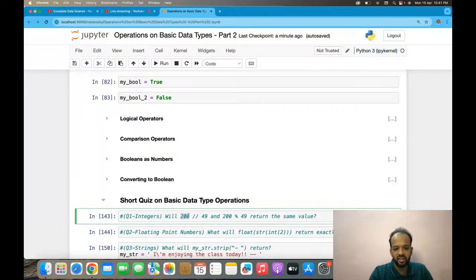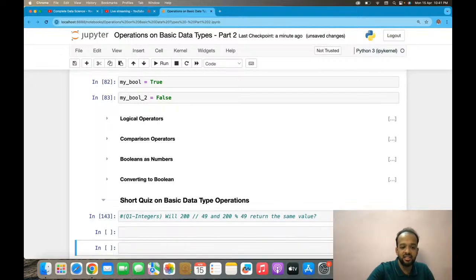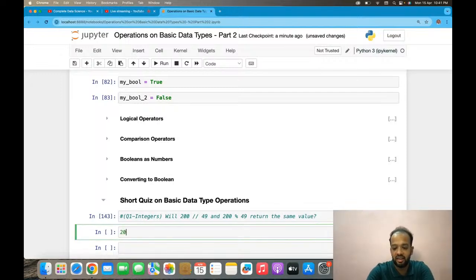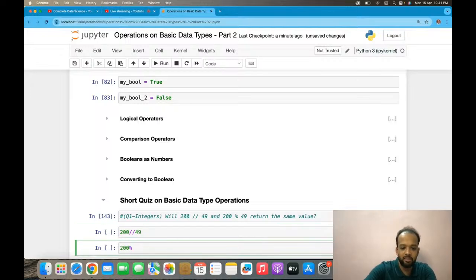Will 200 double backslash 49 and 200 modulo 49 return the same value? I'll give you a few seconds to think about this, and then I will have the answer and explain why the answer is that way. So just think about this. Don't implement and see it. Think about what the answer should be. Okay, so if you have not yet completely thought about it, make sure you're pausing the video, thinking about it,